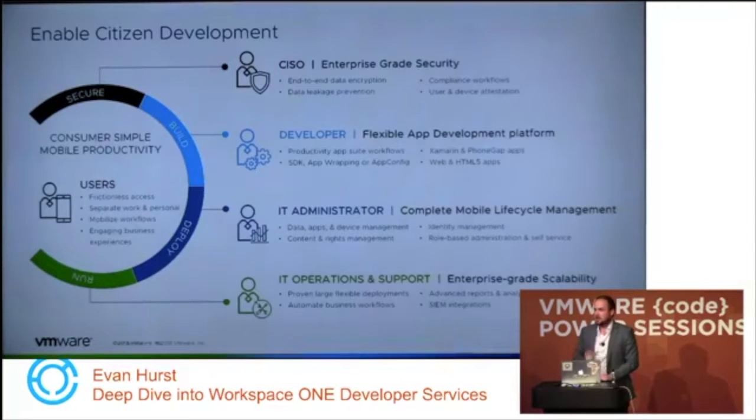Let's just get a show of hands real quick. How many folks in the audience are building mobile apps right now? Anyone? Got one, got two. Anyone else building mobile apps? No? What about workflows? You do anything with helping make employees' tasks easier, like approvals or submitting timesheets or filling